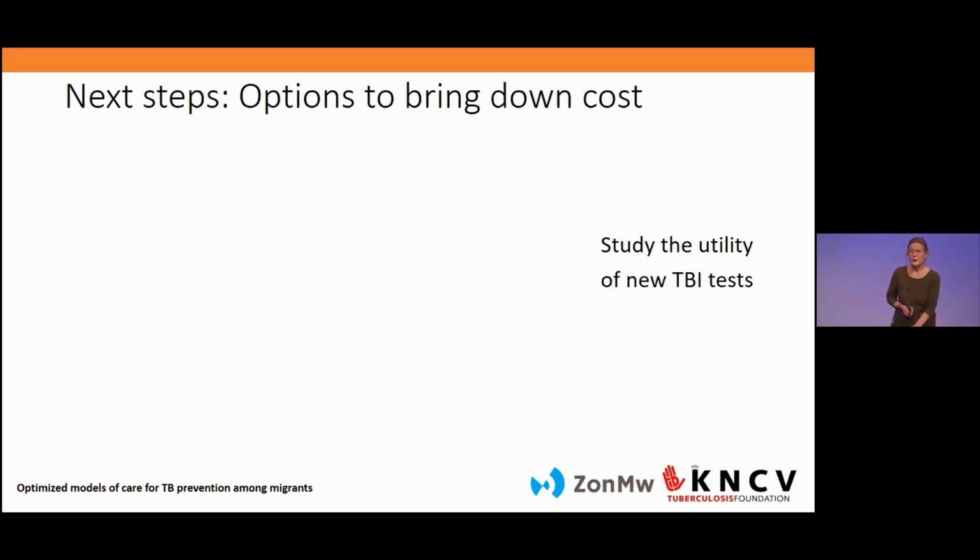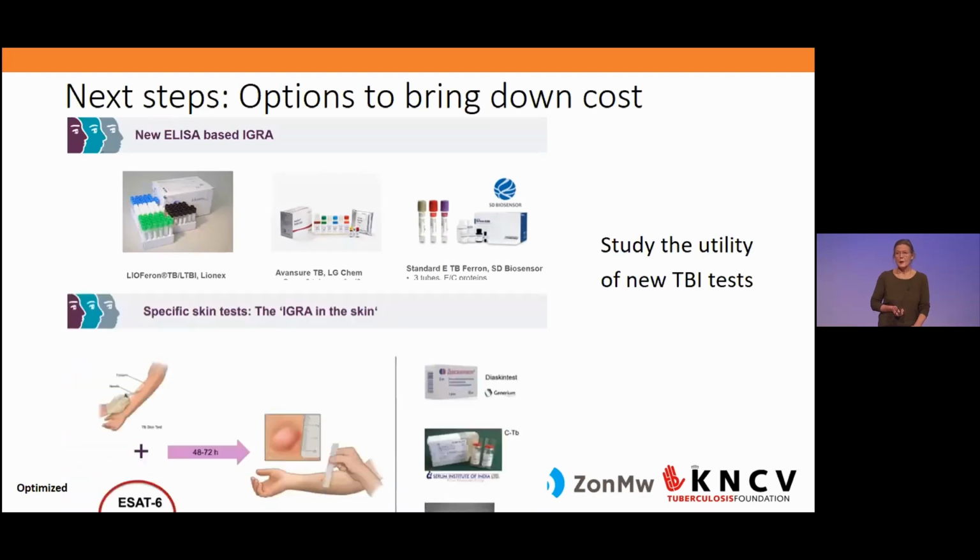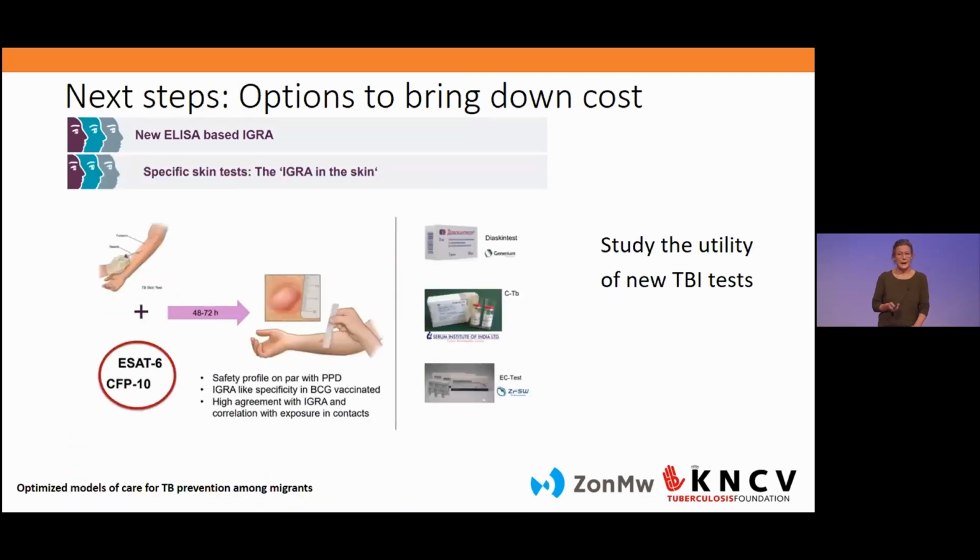Other options to bring down costs are to study or explore the utility of new TB infection tests. And from this, I took these slides, these pictures from a presentation from FIND, showing what is in the pipeline. There are quite a number of new IGRA tests in the pipeline. Here you see 3 ELISA-based IGRA tests, but there are also 3 IGRA-based skin tests, and